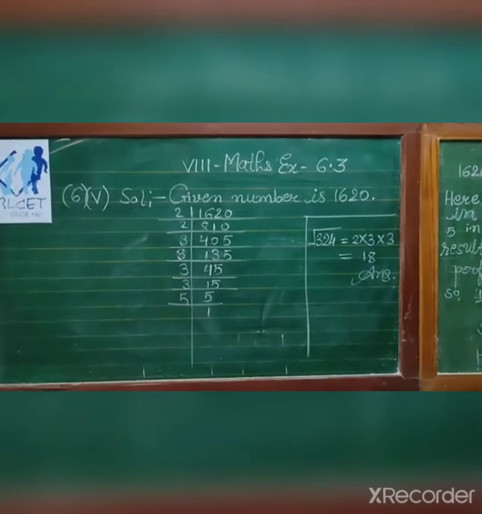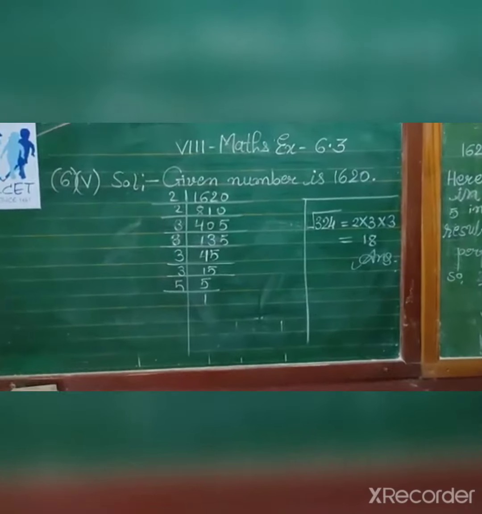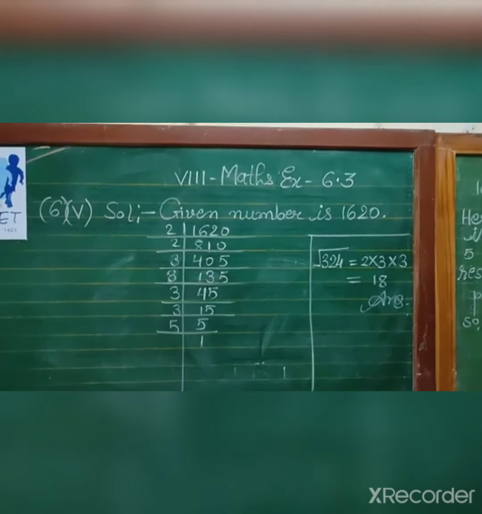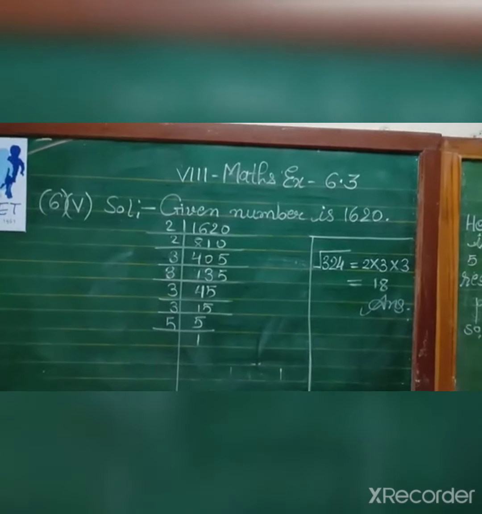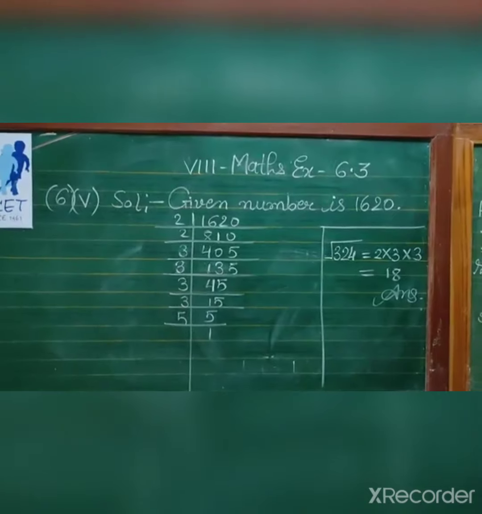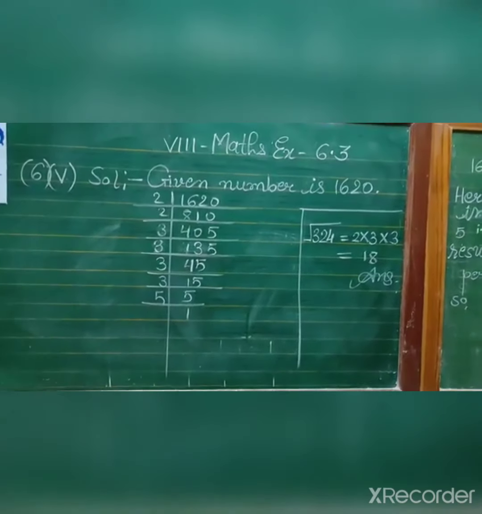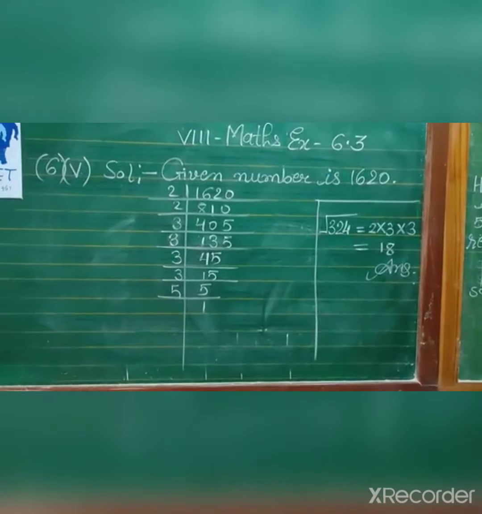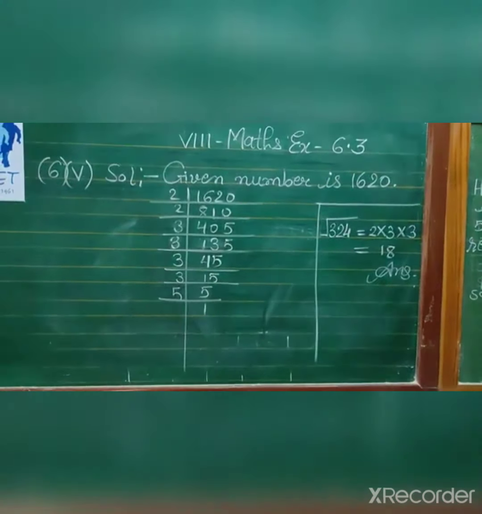The given number is 1620. Prime factorization: in prime factorization, always take the primes in ascending order. First you divide the number by 2 when it is possible. Then next number you take 3, then 5, then 7, then 9 is not prime, 10 is not prime, 11. Okay. Now you can see here, divide by 2: 2 eights are 16, 2 ones are 2, 0.